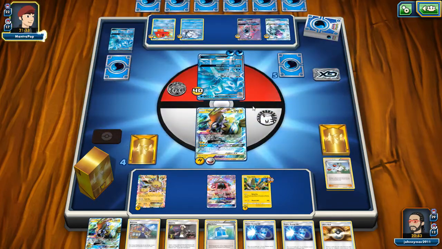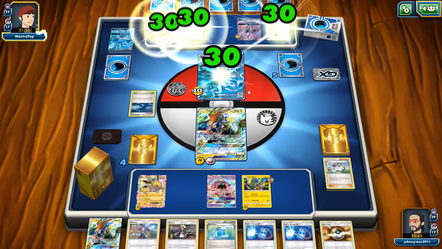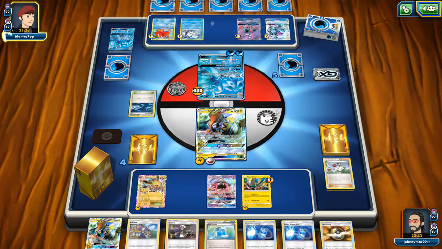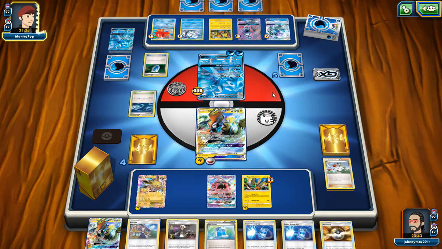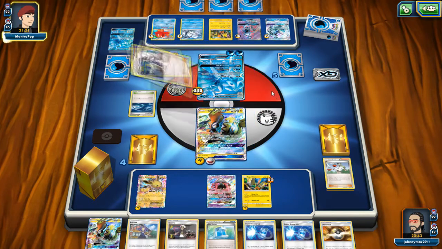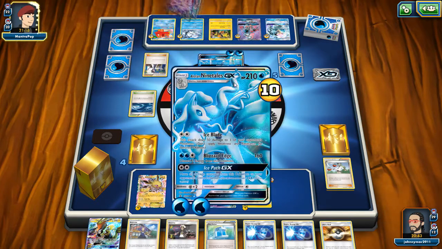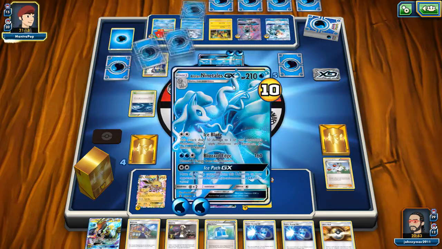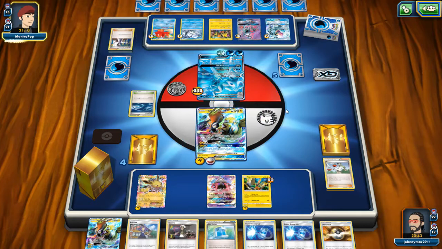Chances are he's got the Ice Blade knockout here, but he will need an extra 10 damage. Oh, and Rough Seas, just healing off all that work we did with our Flying Flip, which is kind of heartbreaking, but that's okay. These things happen. The problem we face is his Ice Path GX. Ice Path GX will move all damage counters that we do straight...